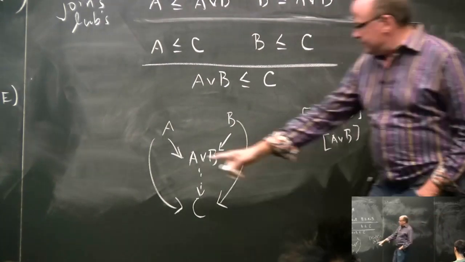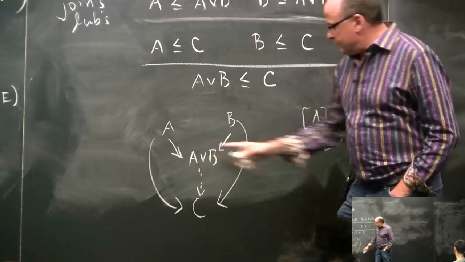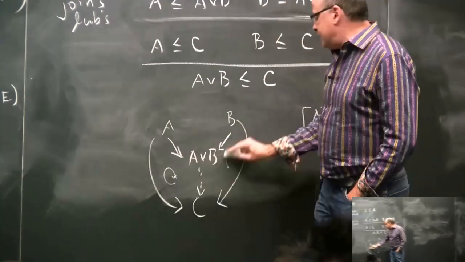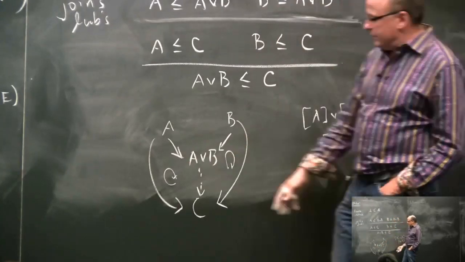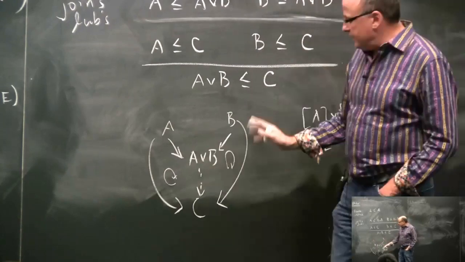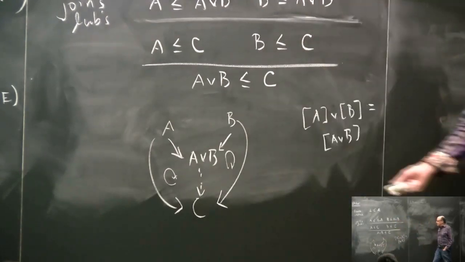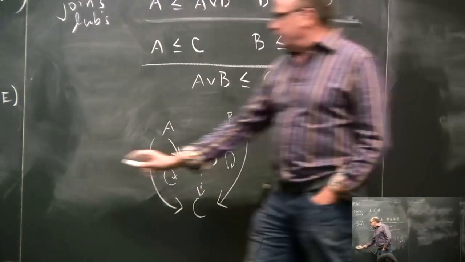But anyway, I just want to draw this kind of diagram. And as I mentioned before, we're working with a preorder, so that commutes, and this commutes because it has to. That will end up being more important shortly. And we get the following diagram, and this is called a coproduct diagram.